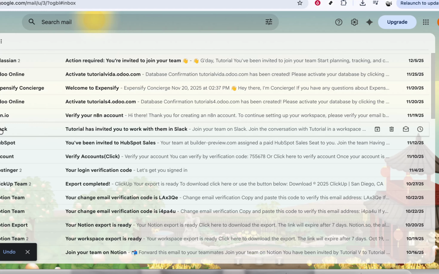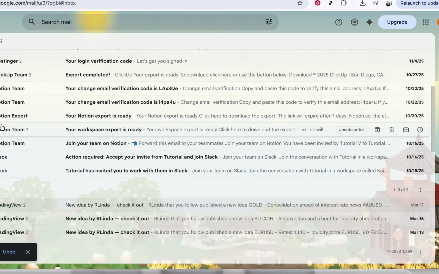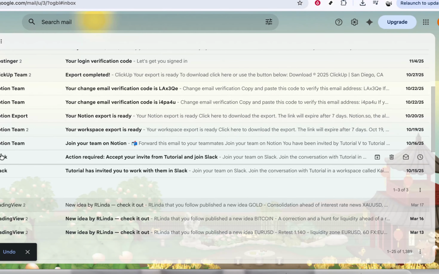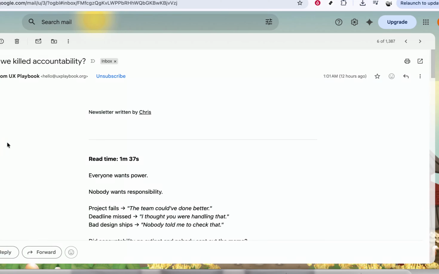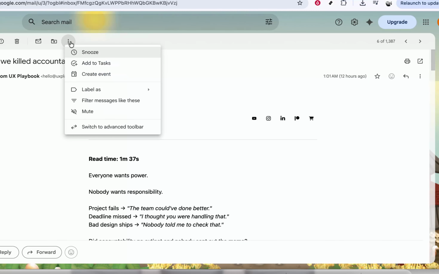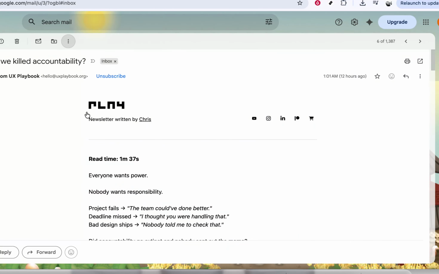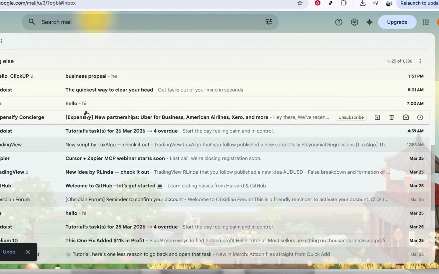In that drop-down list, look for the option labeled Mute. Go ahead and click on Mute. The moment you do this, Gmail will remove that conversation from your inbox view and archive it. From now on, any new replies to that same thread will quietly skip your inbox and go straight to the All Mail section. You won't see new notifications from it in your main inbox, which helps keep things much cleaner